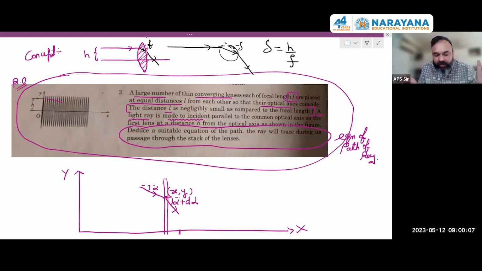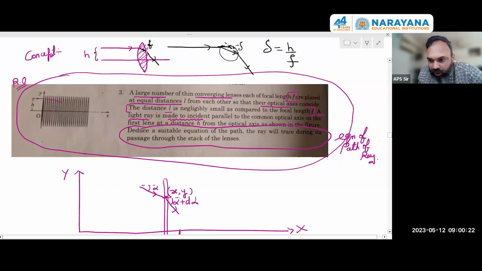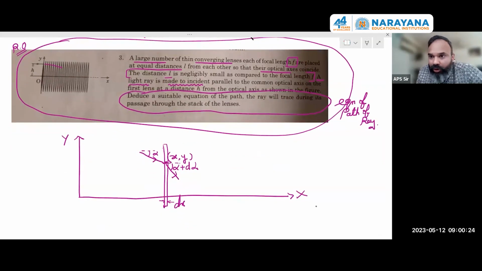I am directly supposing that they are merged at this point. So I am directly showing this, and delta is h by f. That is for a ray which is coming parallelly. And because the ray is initially coming parallelly, I am just using this concept here to tell you the amount of deviation. So I'm saying that the deviation that has happened is d alpha, and d alpha should be equal